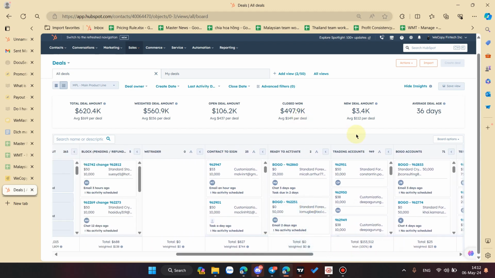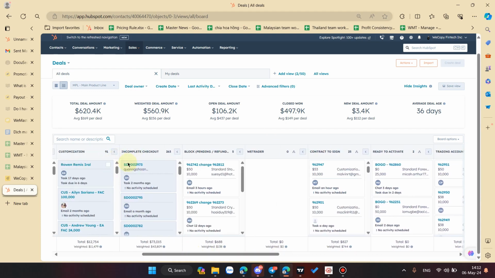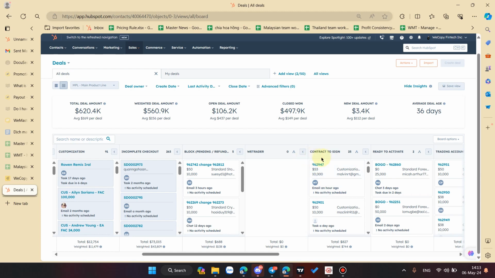This page is mostly for sales to check their revenue or research the deal number. The deal number is also their account number to log in to the trading platform.